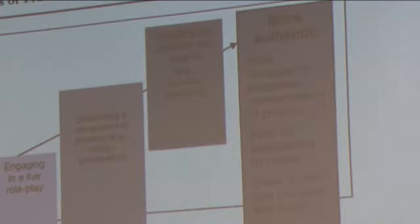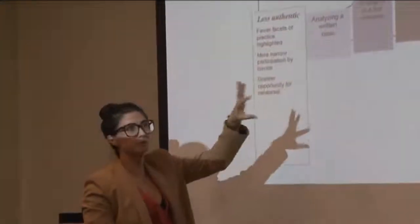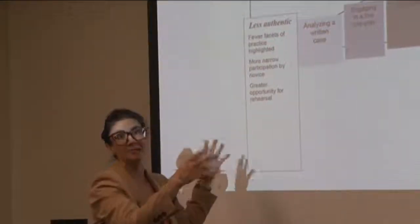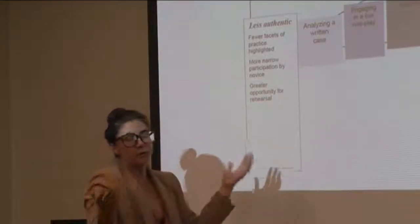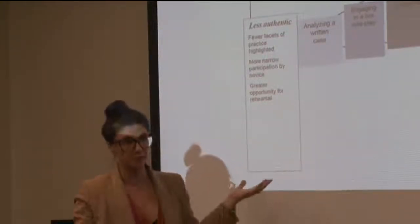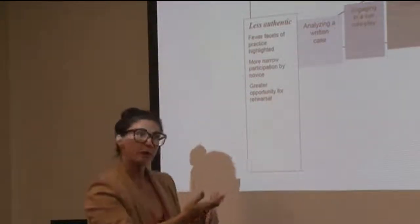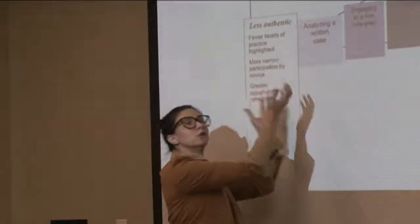Just one more thing. So the idea here comes from Grossman's work. You can imagine this is a spectrum of authenticity that would span a program, right? So in an entire 3 to 4 year program in teacher education, for example. And the idea is that when you have novices who are first starting a program, you do want to be engaging them in authentic practices, but the